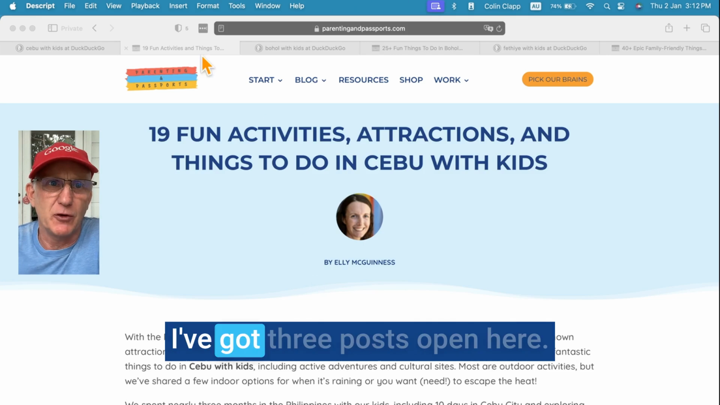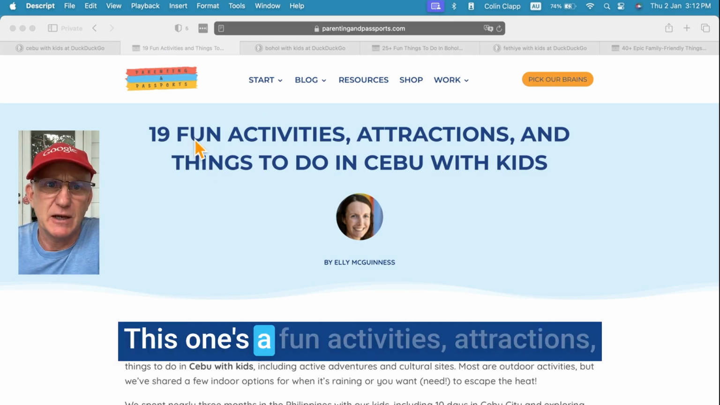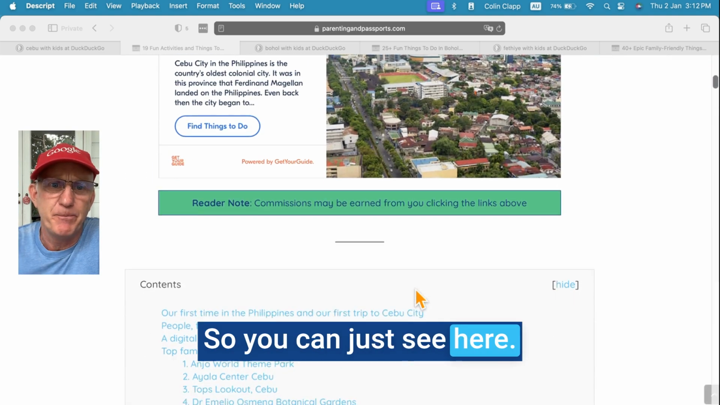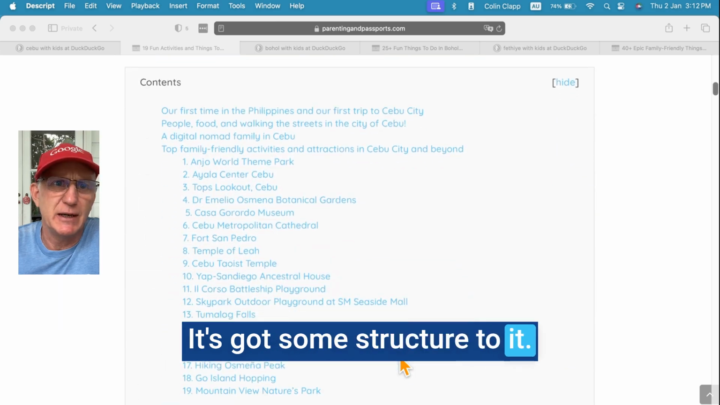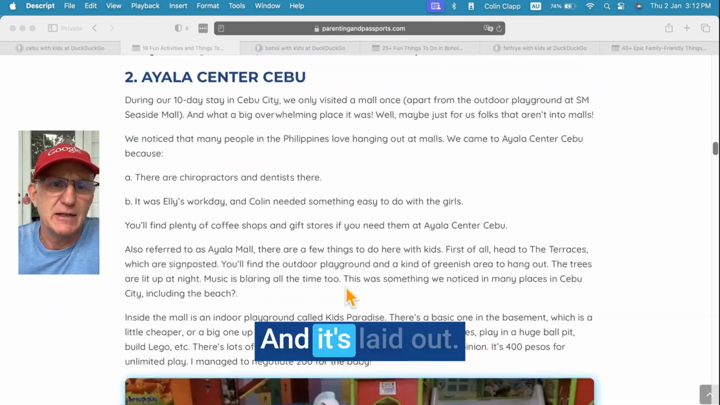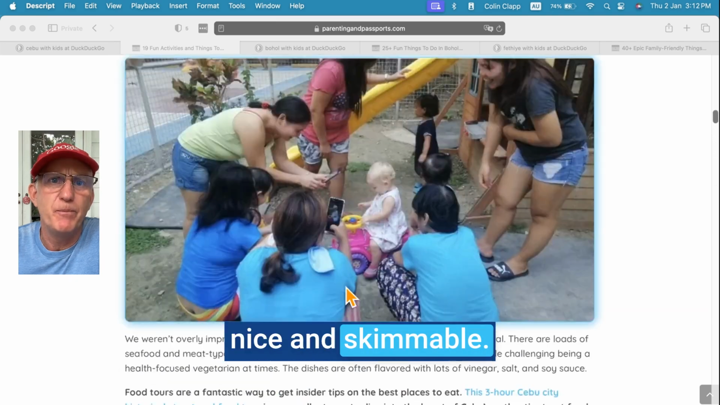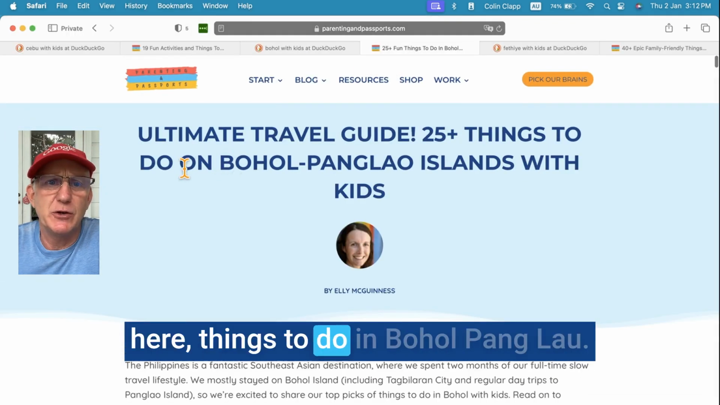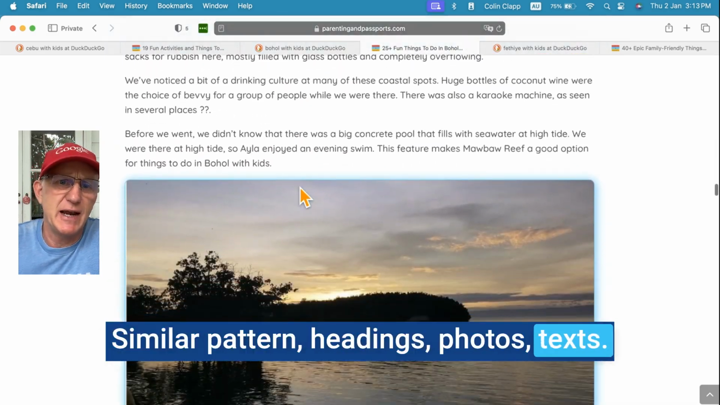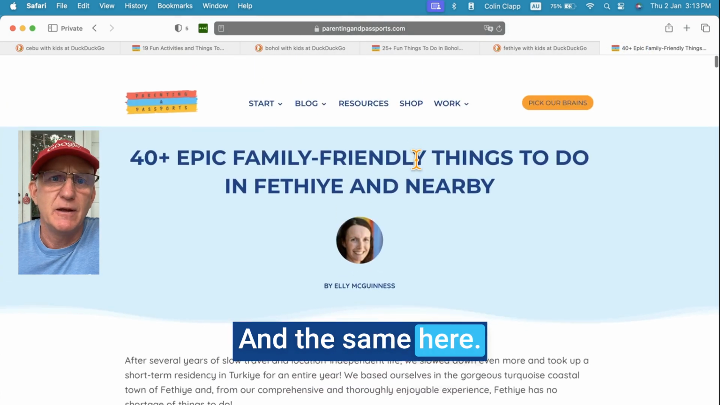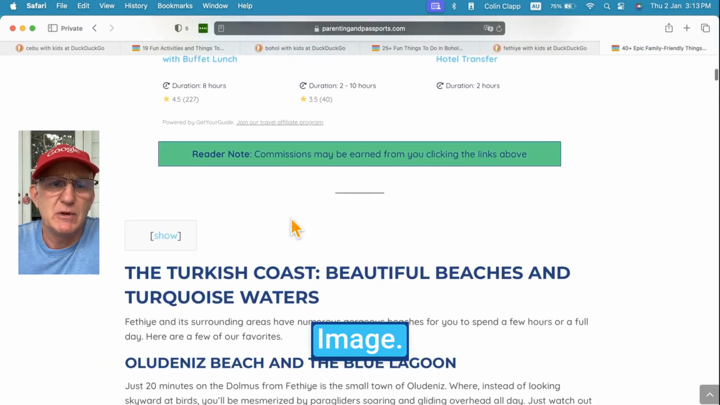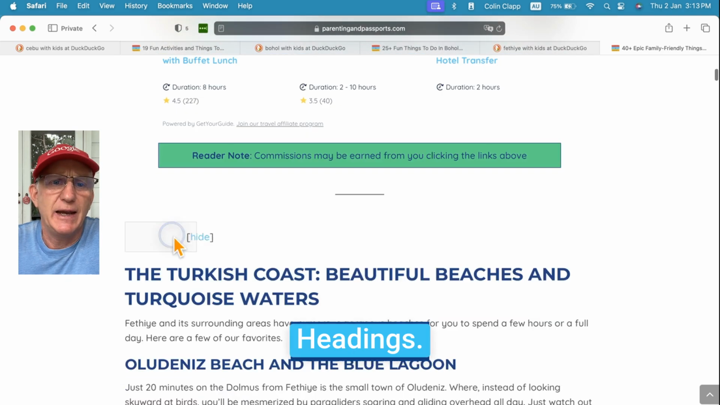So let me just show you. I've got 3 posts open here. This one's fun activities, attractions and things to do in Cebu with kids. So you can just see here it's got some structure to it. There's a table of contents, clear headings, photos, and it's laid out nice and skimmable. And if you look at this other one here, things to do in Bohol, Panglao, similar pattern, headings, photos, text, and the same here. This one's in Fethiye, Turkey, similar layout, image or call to action at the top, headings